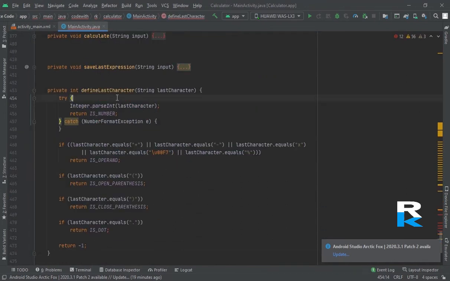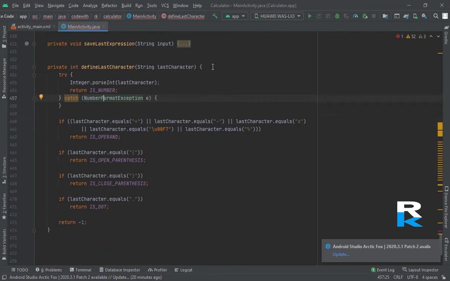Now this is the last method for defining the last character. Look here, try the cases. I have done already every exception here. I have handled this, and if conditions, everything I have done. Fine. You should not waste your time on doing this, but just copy the same. Fine. This is a whole method. This is the last one method.